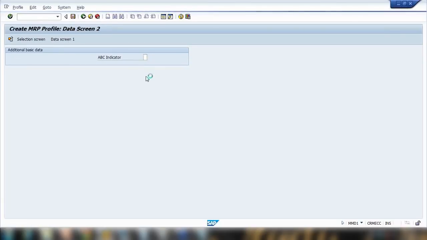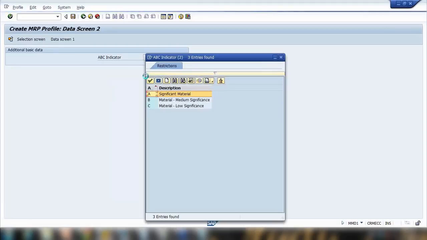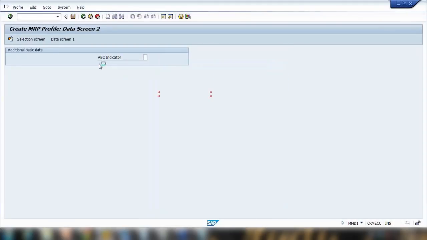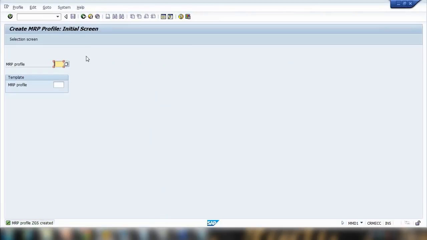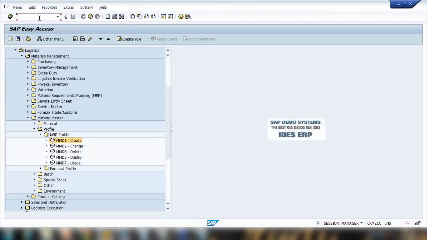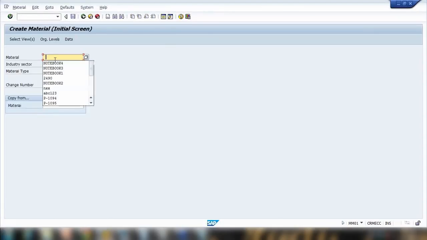ABC indicator is another field in the material master. I want to use A by default. Once you're done, save it. So I created the ZGS profile. So how can we use it? When you create a new material, MM01, say I'm creating notebook 5. Enter,